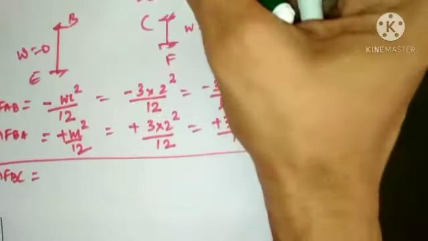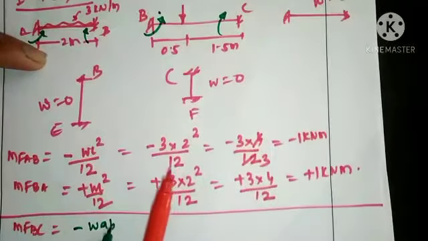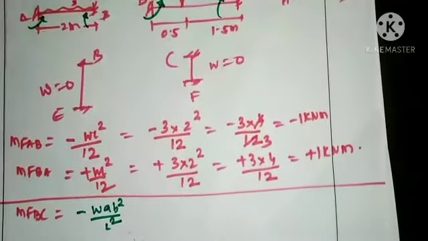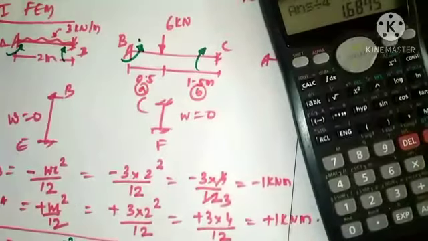The formula for the fixed end moment for this particular beam BC will be minus W A B square divided by L square. So which will be minus of W, the magnitude of the load, minus of 6 into A distance is 0.5. This will be A and this shall be B. 0.5 into 1.5 square divided by 2 square. So as a resultant, 6 into 0.5 into 1.5 into 1.5 divided by 4. So this will come as minus 1.6875